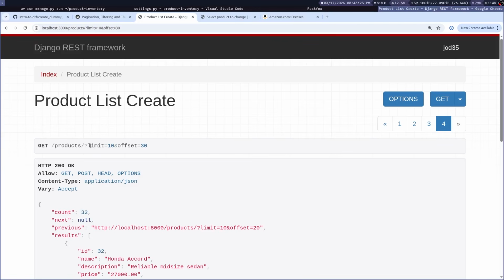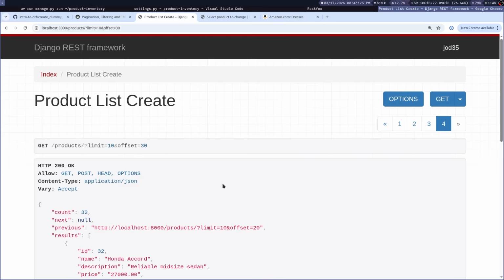So here, all you need to do is to specify the limit. So you can limit to, let's say, 10 items, or limit to 12 items, or limit to 3 items, and then you offset by skipping a certain number of items. When it comes to page number pagination, all you have to do is to specify a page. For as long as you have a predefined number of items you want per page,